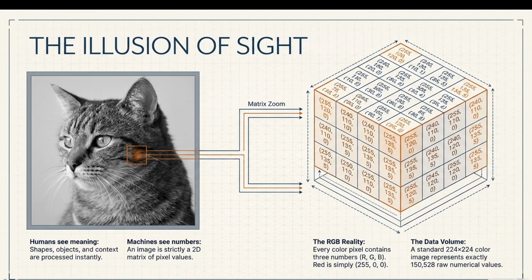The illusion of sight. You know how humans see objects or shapes in context, and it is processed instantly, right? We do not need to think to be able to identify something. We can almost instantly identify what an object is, what a shape is, and what the particular context is. But when it comes to machines, it doesn't work the same way as in humans or any other living being. Machines only see numbers, and specifically only zeros and ones, the binary digits called bits, 0